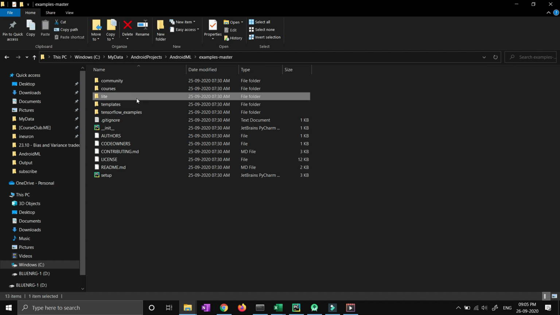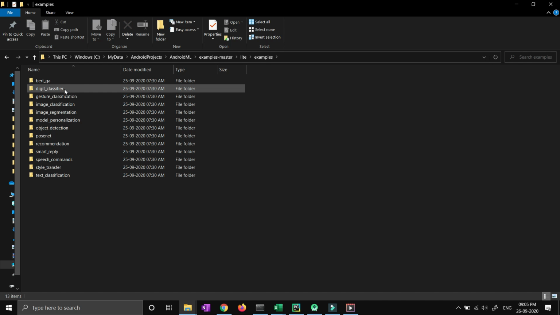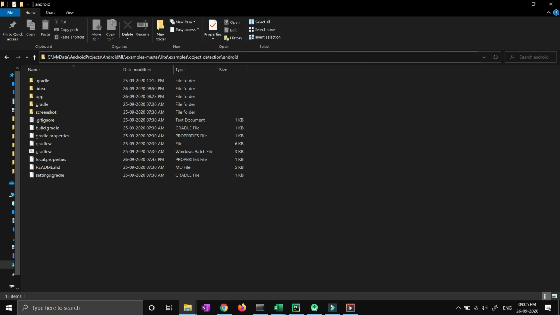After downloading it, you have to go inside example master, then lite, and then maybe examples, right? And then you have to go inside object detection, and then go inside Android. Wherever you have downloaded the code, just go inside the object detection folder and Android and just copy this particular URL.